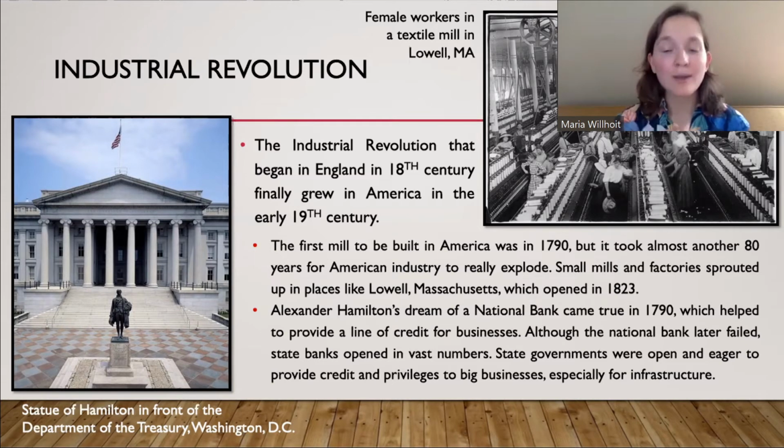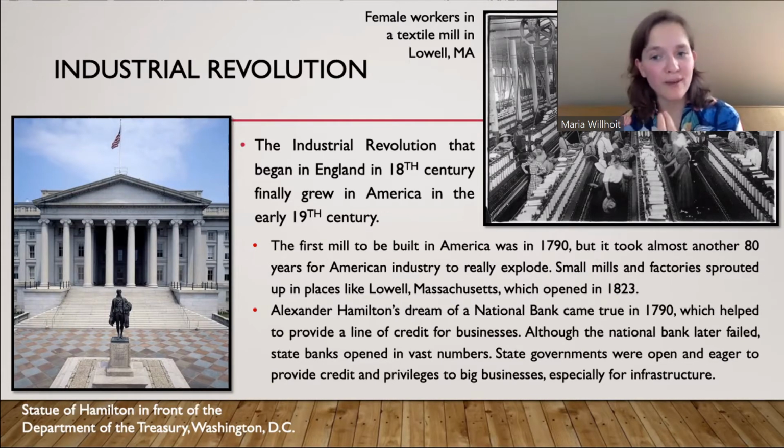Another reason why women were common in factories during this time period is because they were cheaper. You don't have to pay women the same wage as a man. And even though that's illegal now in America, it still happens, to be quite frank. Equal pay has always been an issue in our country, and it really starts to show in the beginnings of our industry. So this was one of the first famous factories to open in America in 1823. And this is what it looks like.